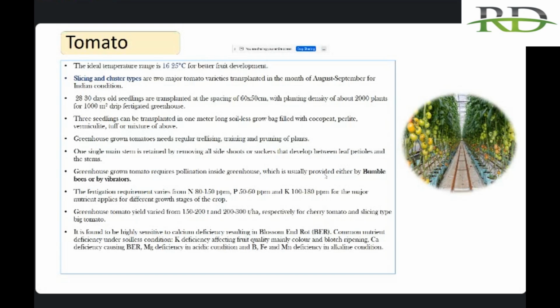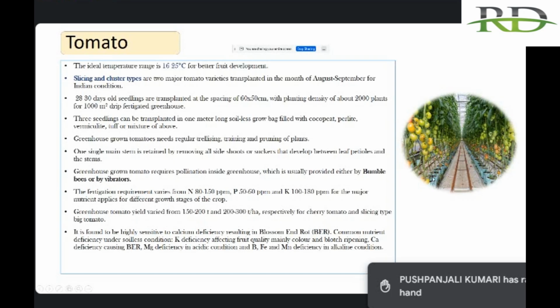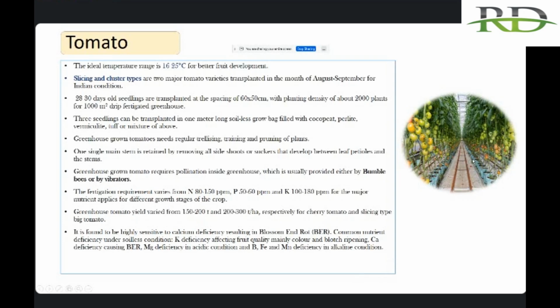Now, another crop which can be grown in hydroponics is tomato. You can see in this picture a grow bag with some soilless media, and with the help of a drip irrigation system, how these tomatoes are grown. For pollination, we need bumblebees, or you can use vibrators for pollination. An important thing is that we have to retain only one stem for tomatoes